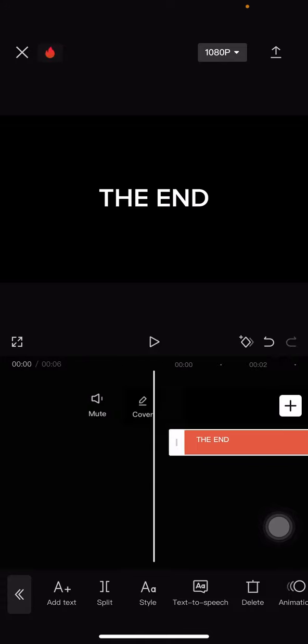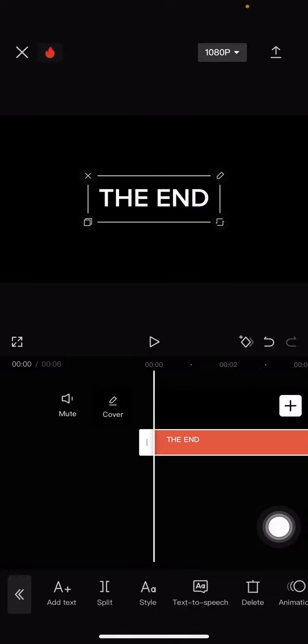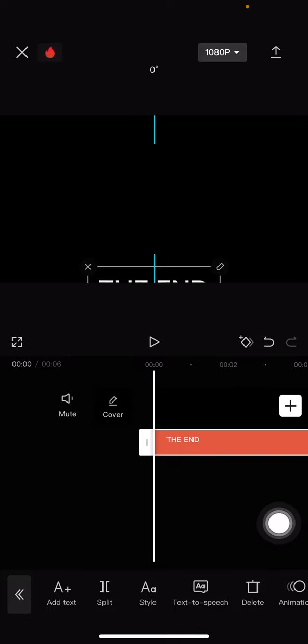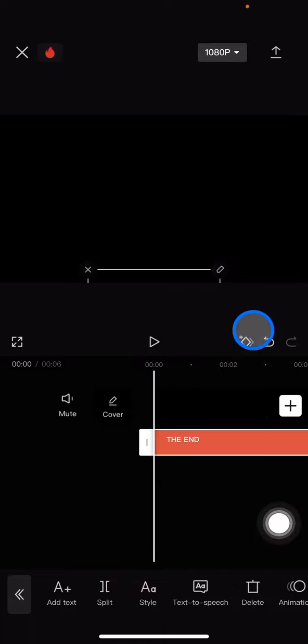Okay, so it has the same length already, and now we just need to drag this text to the lowest part of the screen. So let's drag it by hand directly, and after that you just need to click this add keyframe. Just click it, and after that you just need to drag the straight line to the end of the clip,